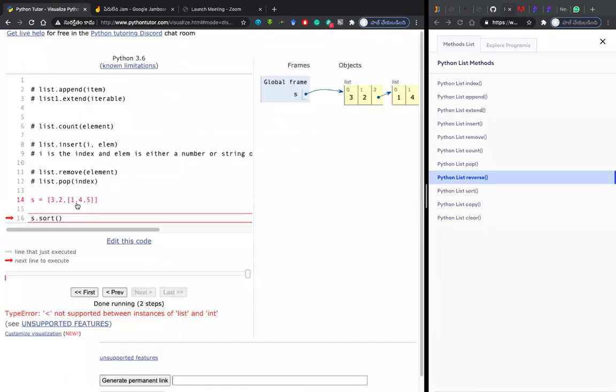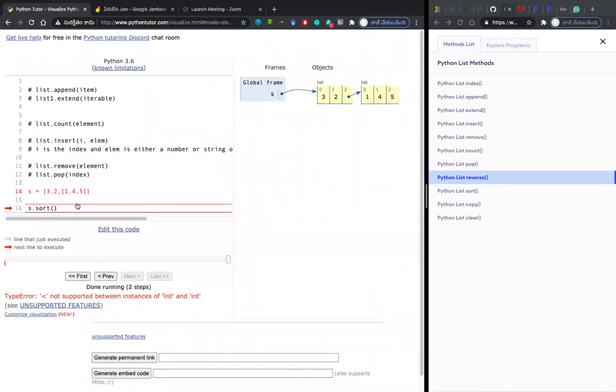The same way with the strings. Like previously we have done with the strings, it said the string data type cannot be compared with the integer data type. Now it is saying that list data type cannot be compared with the integer data type. Shashank, have you understood it? Okay, right.